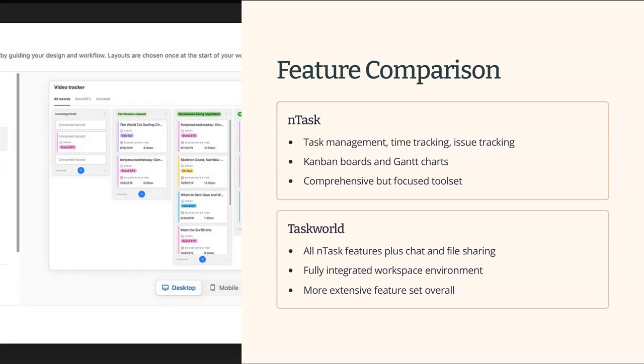nTask provides features like task management, time tracking, and issue tracking, making it a comprehensive tool. However, Taskworld goes a step further by incorporating chat and file sharing functionalities within the platform, providing a fully integrated workspace. Both tools offer Kanban boards and Gantt charts for visual project management,